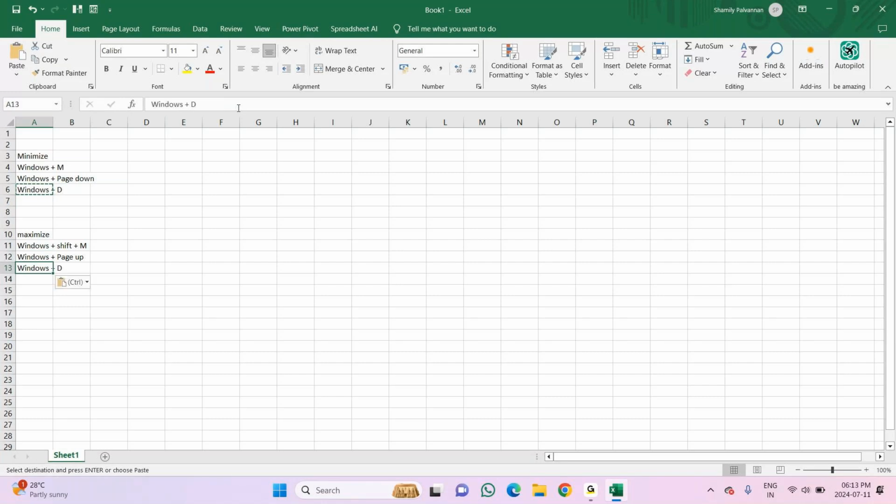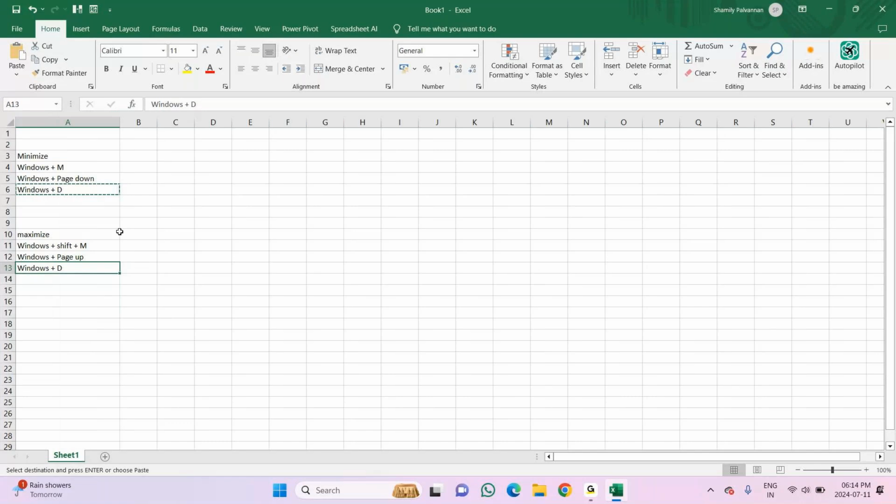Okay, so let's see here how it is working on the screen. I have given you three keys for how you can minimize and maximize. Whichever you feel comfortable with, you can use it. Okay, these are the three things. So I'm highlighting this, minimize and maximize. The next one is close. We will go for the close.